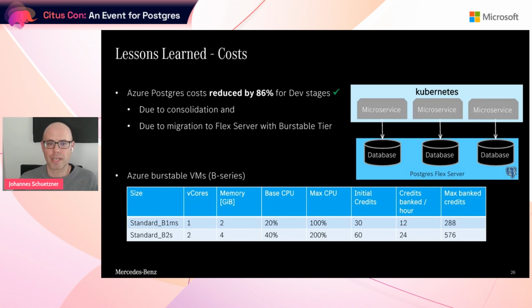Earlier, I mentioned the cost savings that are possible with the Postgres Flex server. In our case, we did two things. We consolidated, so we now have a single Postgres Flex server per environment, with the different databases within that single Flex server. They're still properly separated because they are different databases, but it's a single Flex server, and we take advantage of the new burstable tier. That's why for the dev stages we got a reduction of 86%